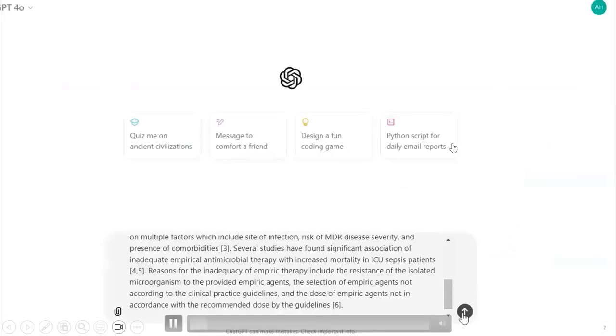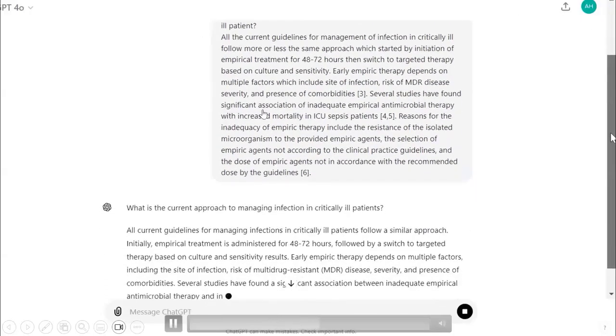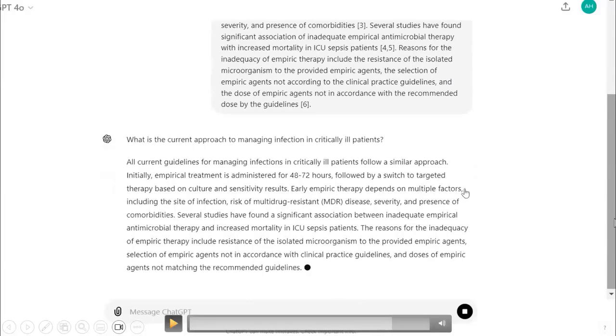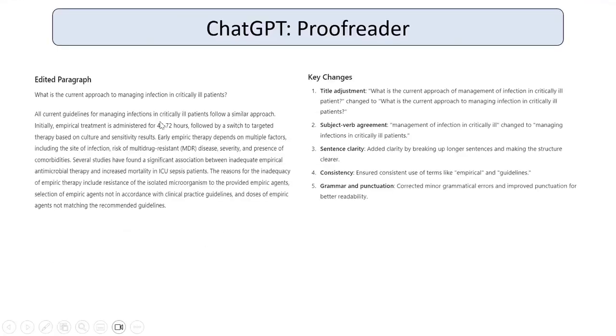we'll paste this again. ChatGPT starts to change or modify the structure and language and add some punctuation that is not written in the original paragraph. And if we look at this, actually the difference, this is the edited paragraph. You can ask ChatGPT to show you the key changes in the paragraph. So it tells you that the key changes are the title adjustment, some subject-verb agreement, sentence clarity,